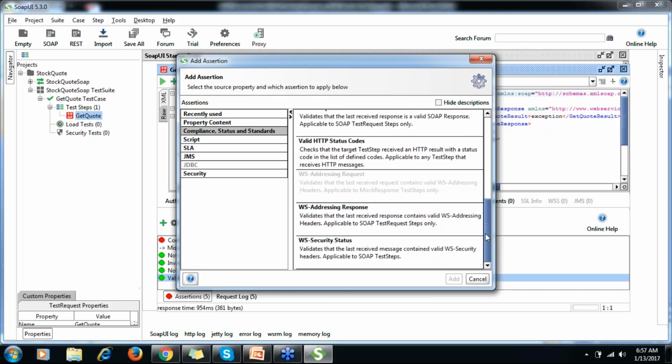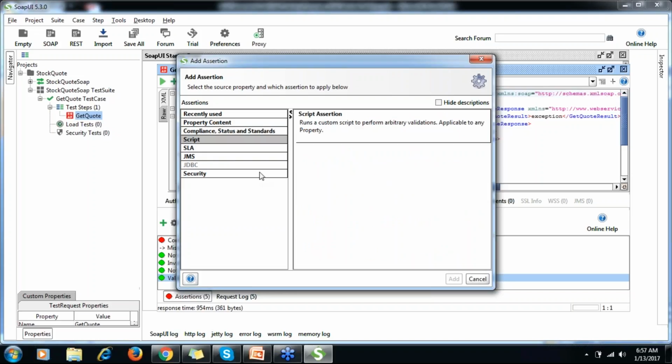These are a few important things you should always put in your test steps to validate the response. Let me go to script. We'll see how we can do assertions through scripting in coming sessions, not today.